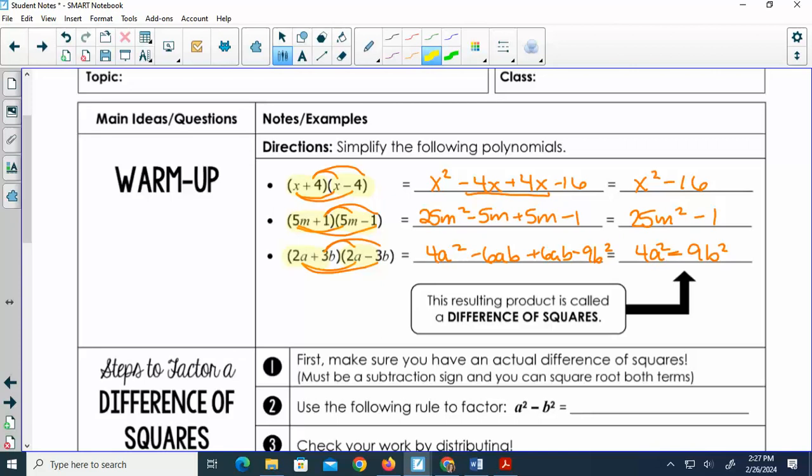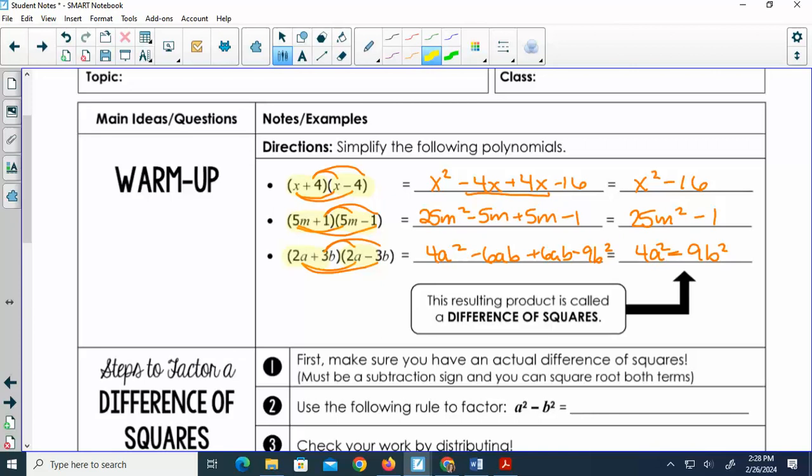This is what we call the difference of squares. So if you have 2 perfect squares at the end, a perfect square is something we can do the square root of. Okay, we can do the square root of x squared. If we have 2 socks, we can make 1 pair. I can do the square root of 16. I can do the square root of 9 and 25. If those are perfect squares with a subtraction in between, then we can factor it back by looking at those